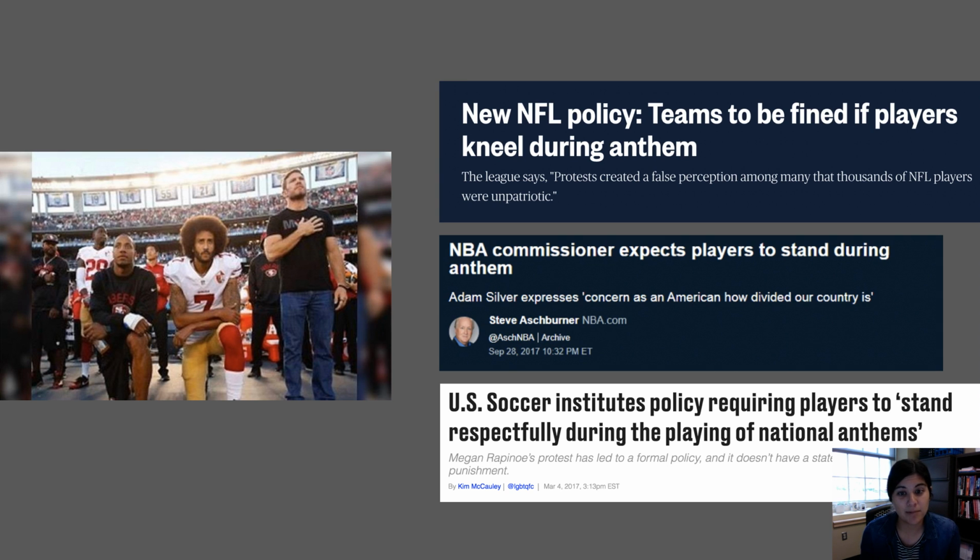So you can see that if these were public organizations or if these were state actors, that there would be some issues here, right, under constitutional law, that they would not be able to limit these players from taking some form of expression. And in these cases, they're able to do so because they're private entities, right? So those same statutes under the First Amendment don't apply to them. So if the NFL wants to, they can fine players if they kneel during the anthem. If the NBA says we have a policy that says all players have to stand during the anthem, that's okay because they're a private entity and they have a lot more leeway in terms of the policies and regulations they